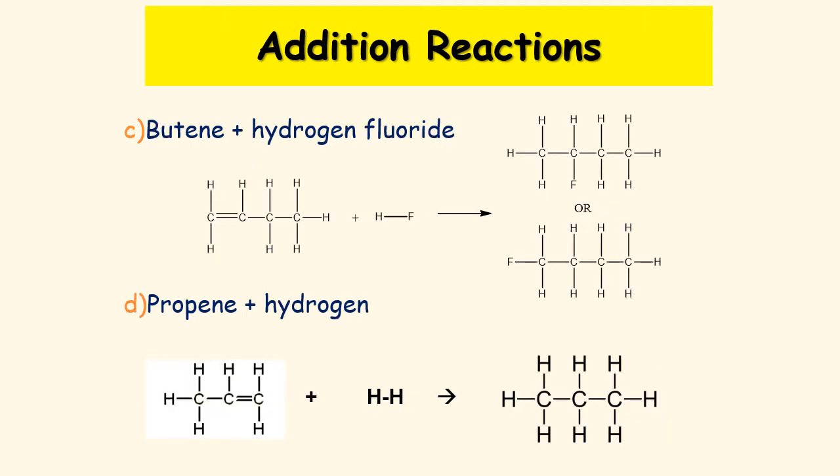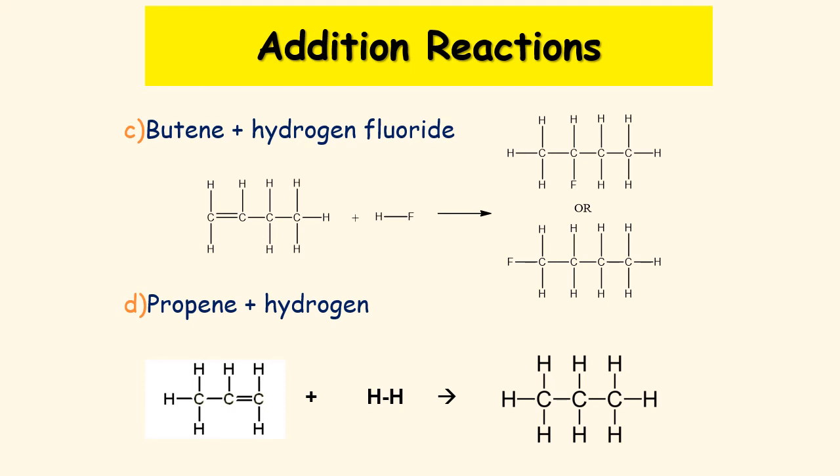So here we have butene plus hydrogen fluoride and propene plus hydrogen. So we'll look at propene plus hydrogen first. It's quite easy because you're adding hydrogen across it, so you end up with propane. Now if we go back and look at butene plus hydrogen fluoride,